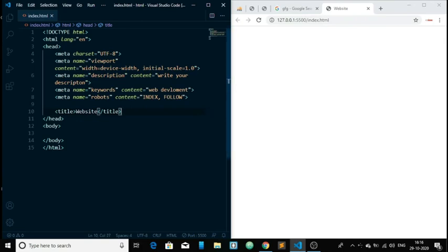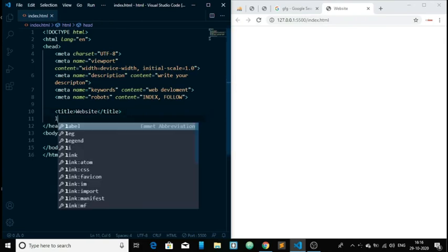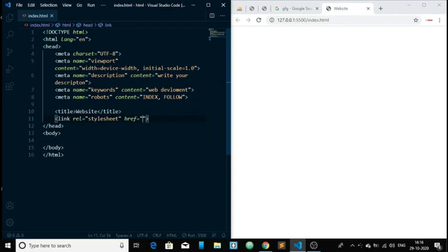After that we have another tag, that is the link tag. You can see here that we have rel. Just forget about this, guys, we don't have to deal with this. We do have to know the href, because it is an important thing in our HTML. The full form of href is hypertext reference.